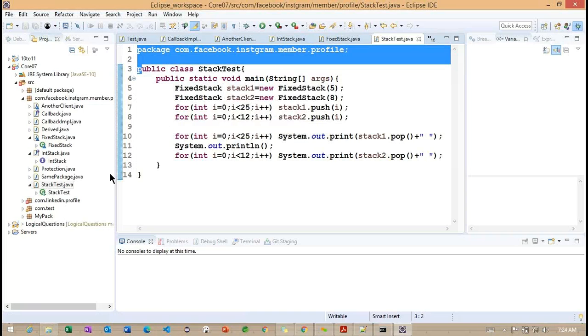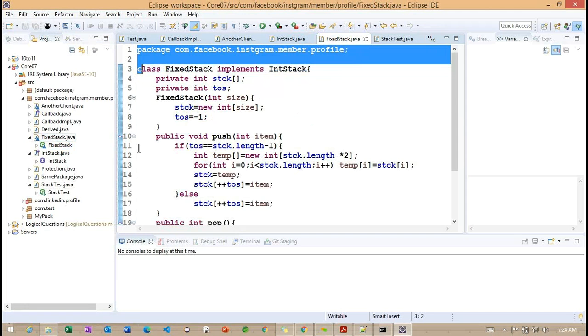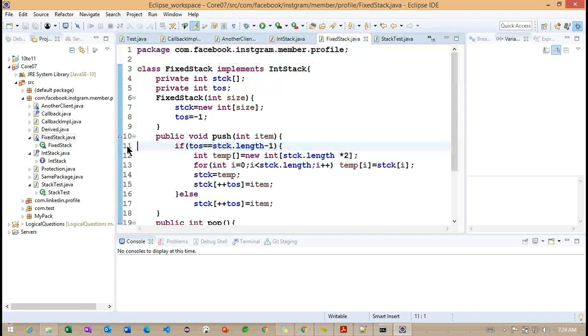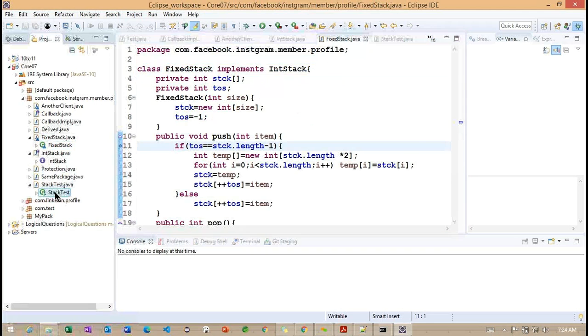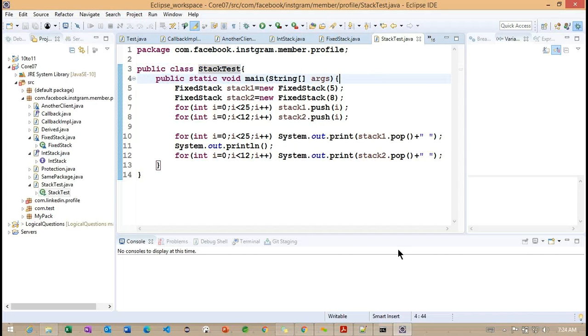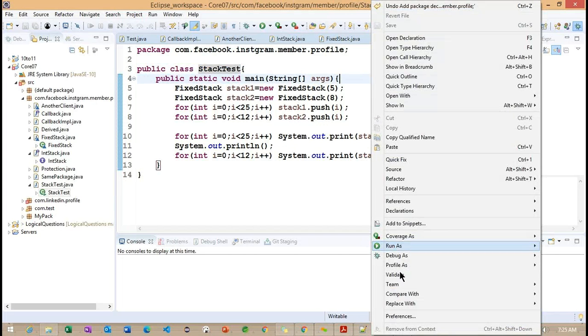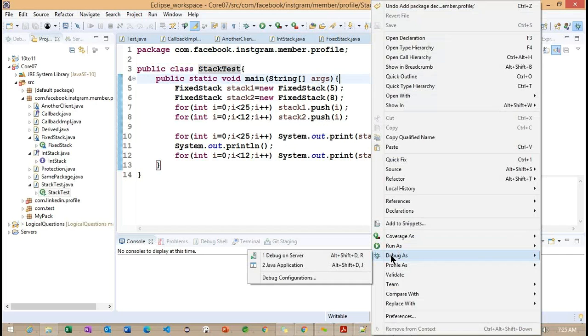Okay, so back to here. Now what we can do, directly we can put the breakpoint inside this particular if condition. So here I'm trying to put a breakpoint here. Okay, and let me go to this particular class, and I'm running this particular example with debug.